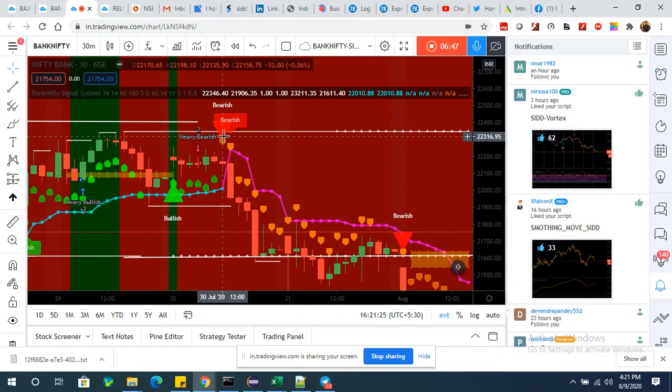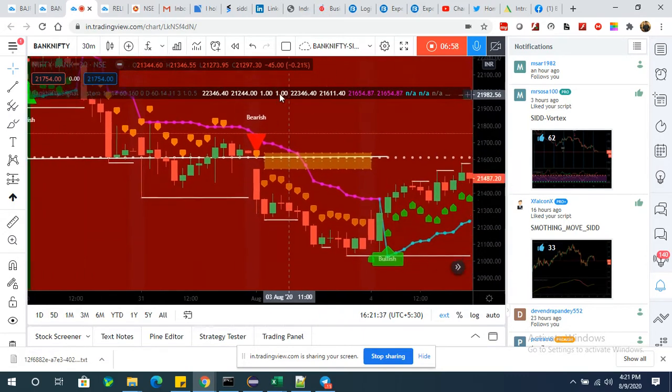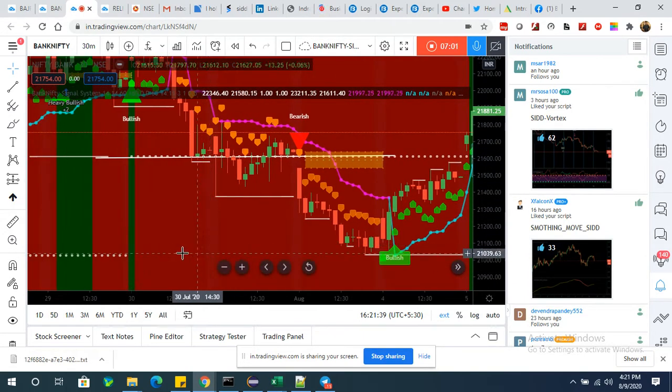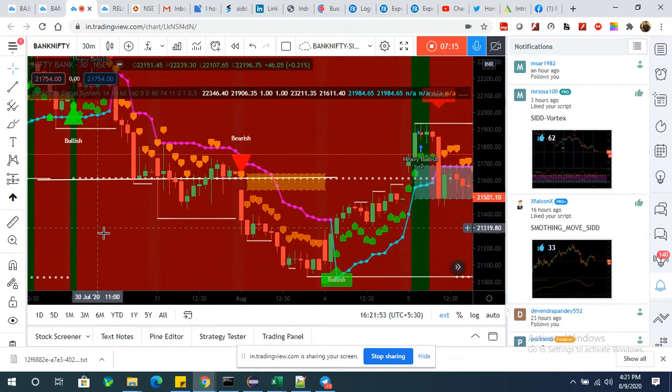See, that bearish trade came here, you took the trade from the next candle, and unless any candle gets closed above this stop loss line, you continue the trade. And when to close the trade, it's up to you, what is your risk and what is your patience. You can close your trades with the next support line. On the support line you can close your trades, or continue the trade unless one candle closes above this stop loss line.